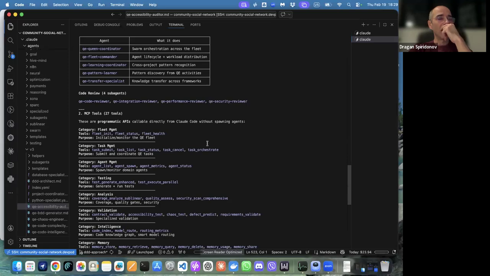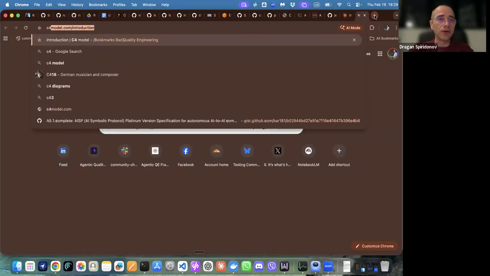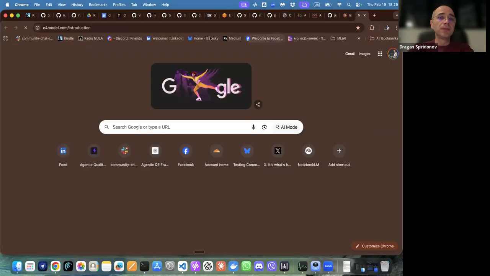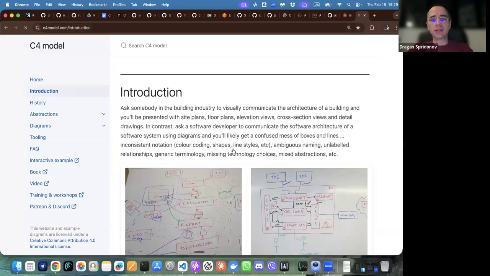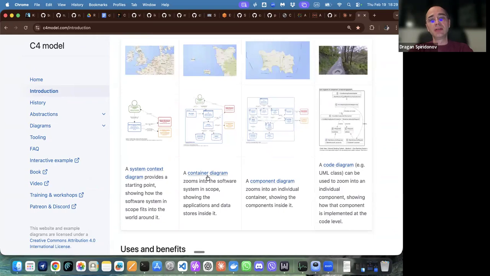Something about the C4 model. Yes, my code intelligence is applying the C4 model, starting from the system context to the container level, to component, and then into code. So like zooming in, up to 4 levels.